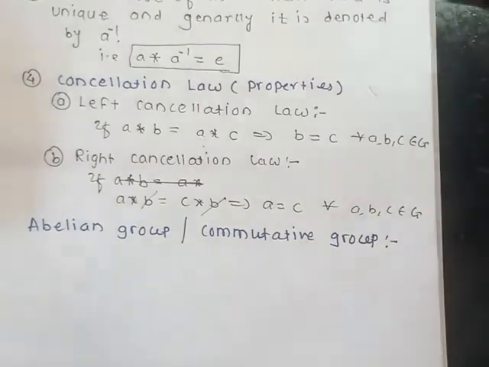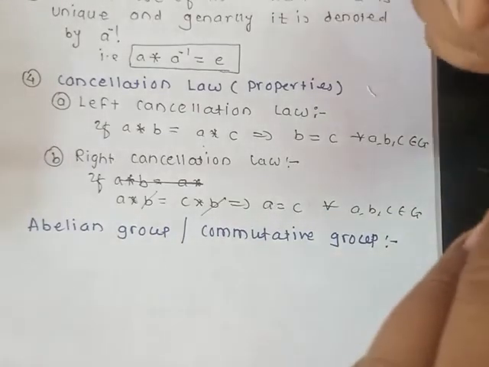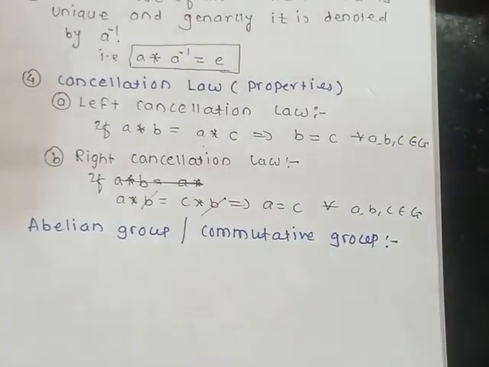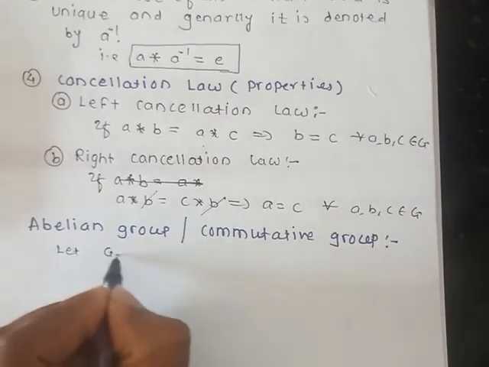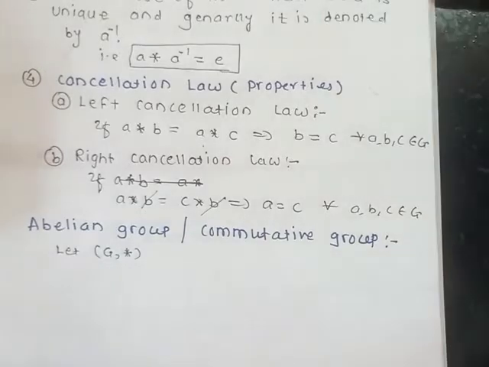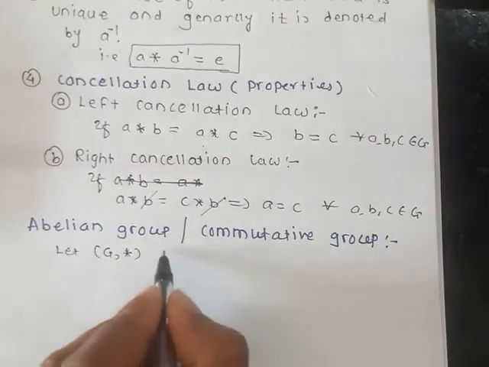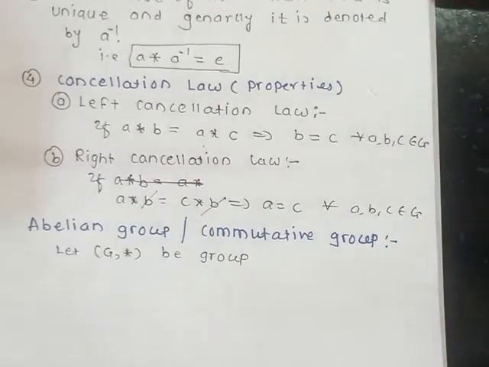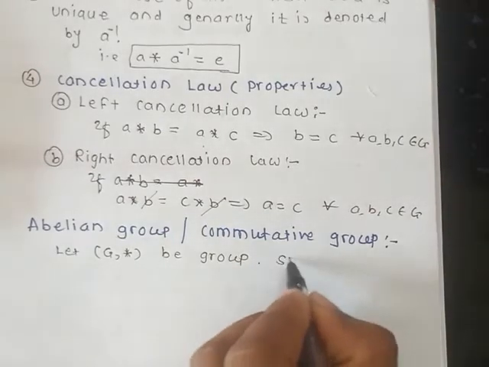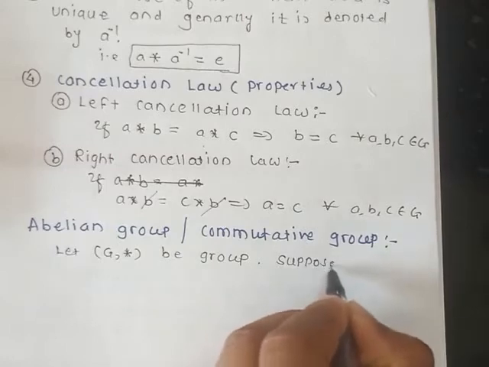The abelian group is also called the commutative group. What is the definition? Let the ordered pair G star be a group. Suppose that